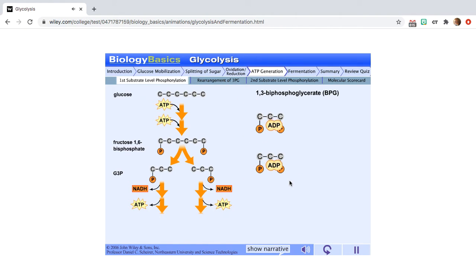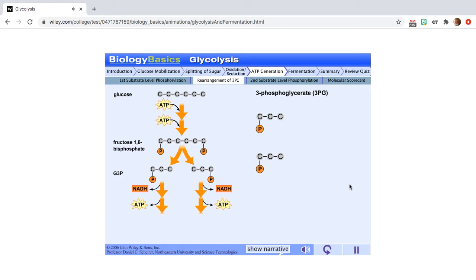Correct. The phosphate from BPG is attached to ADP, and in the process, ADP is converted to ATP. The resulting molecule is called 3-phosphoglycerate. G3P is rearranged into PEP by the removal of a water molecule and the transfer of the phosphate group to